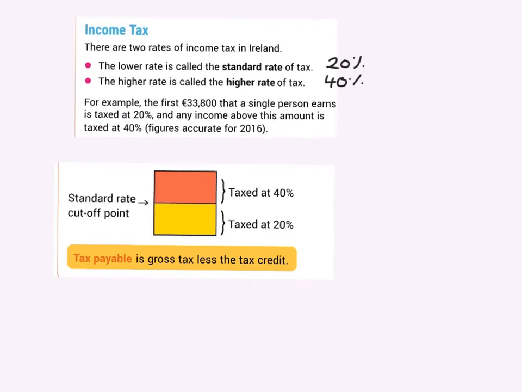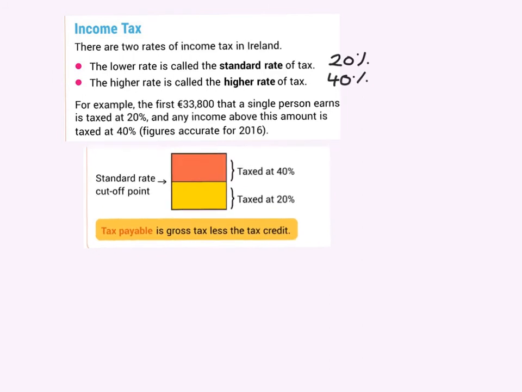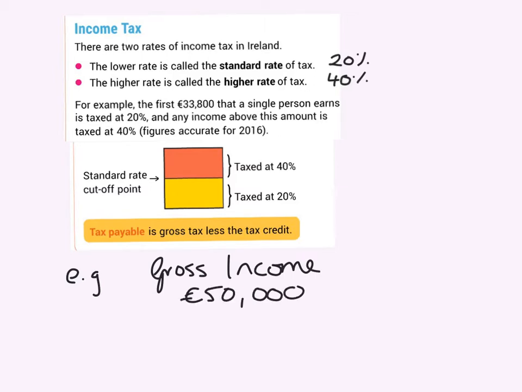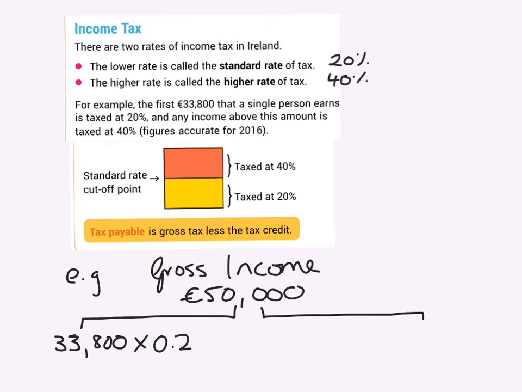So we just take an example of this then. Let's say, for example, your gross income is 50,000 and you are a single person. Well, what that means is you are going to pay 33,800 of that income is going to be taxed at 0.2. So that's your 20%. And then the remainder, so I'm going to get